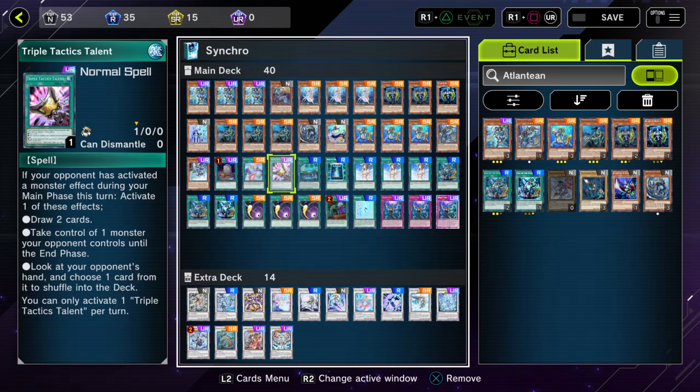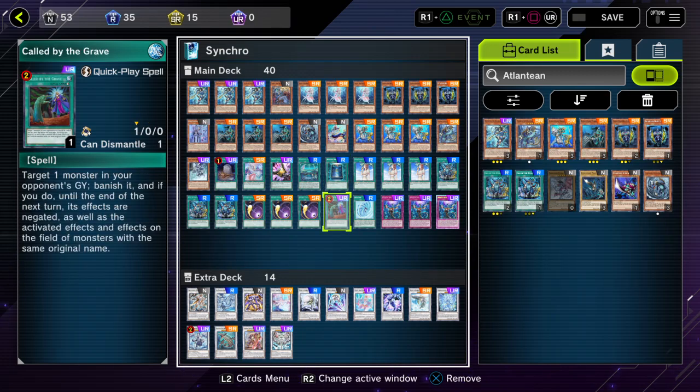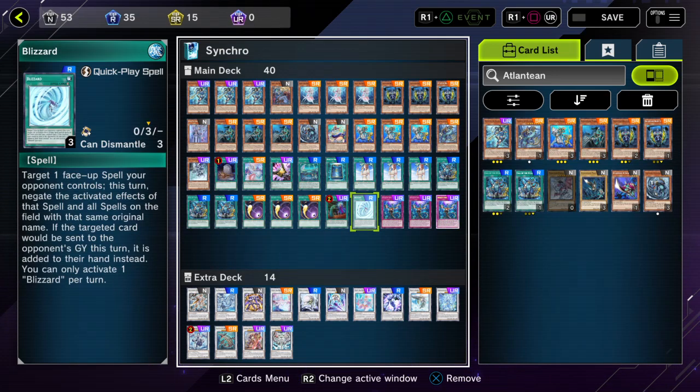Tactics Talent, just the one. Book of Moon comes up clutch in some scenarios. Same goes for Call By and Blizzard. Blizzard is the MVP in terms of skip a turn, fusion summon cards, and/or board breakers in Dual Triangle,